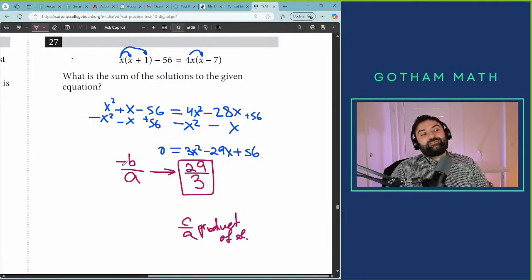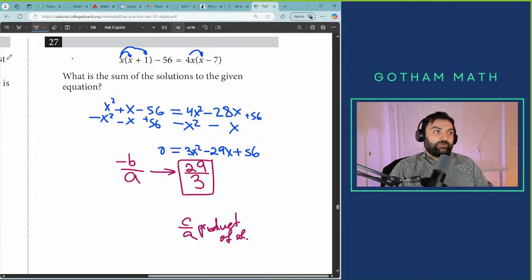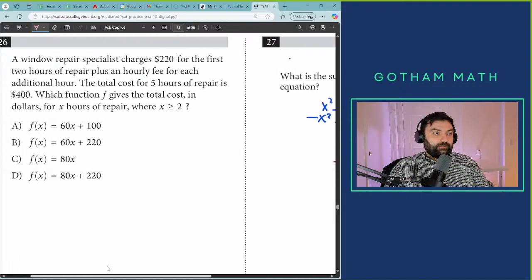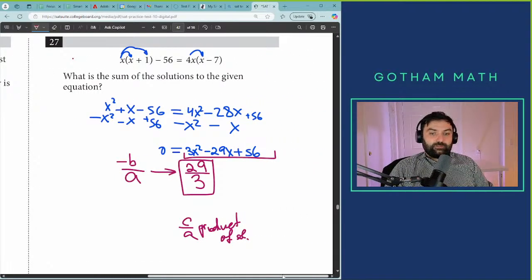But like I said, if you forgot this formula, then yeah, go into Desmos, put this in, find the solutions, and add them up. That will also work. Now, that's all I wanted to do for today, but not everything that I wanted to say for